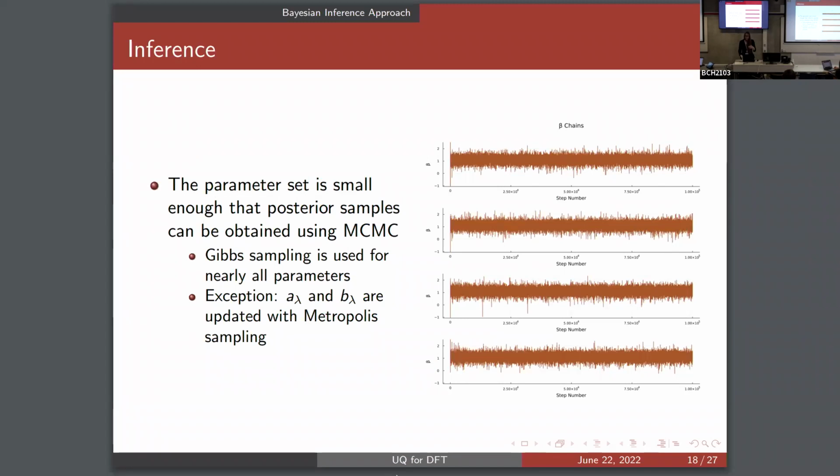On a practical note, in order to perform inference, we have a relatively small parameter set. So we're able to use MCMC fairly efficiently with good sampling that takes advantage of our conjugate priors. We've done some diagnostic checks to see that we seem to be actually sampling from our true posterior distribution. For example, shown here are some trace plots showing the MCMC samples obtained for one of our